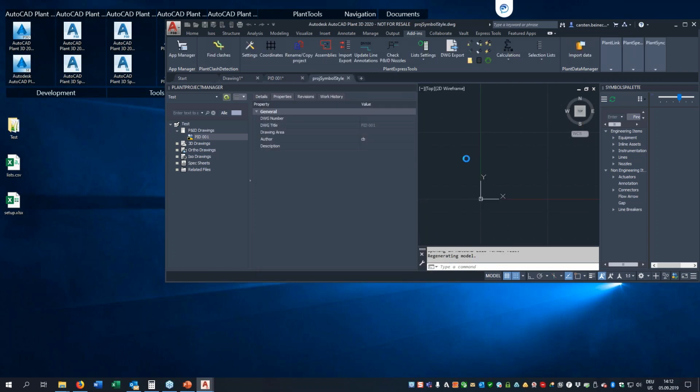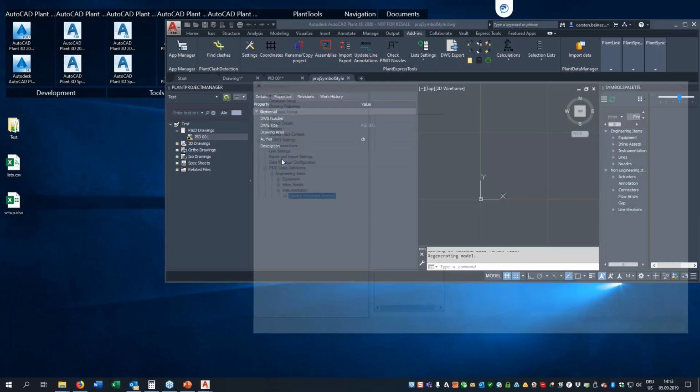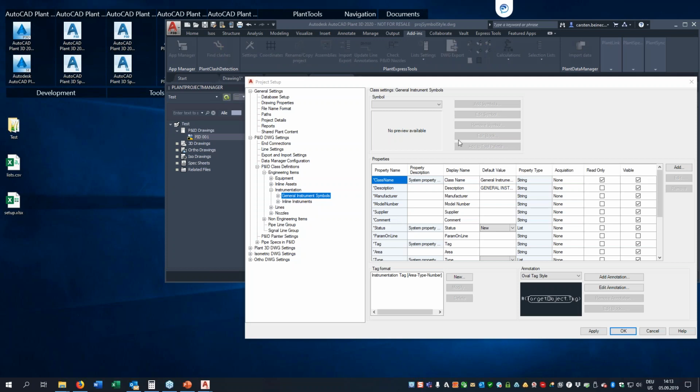And check if the changes have been applied properly. There is a question. Yeah, the question is, will it update the symbols in the existing drawings? Yes, there is. So let's say if I would have a drawing